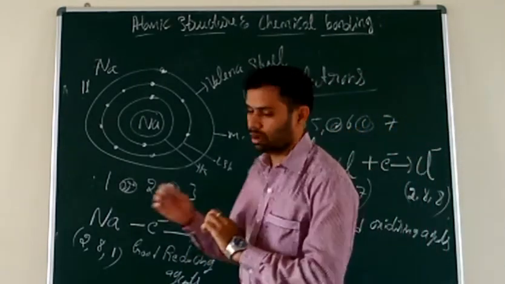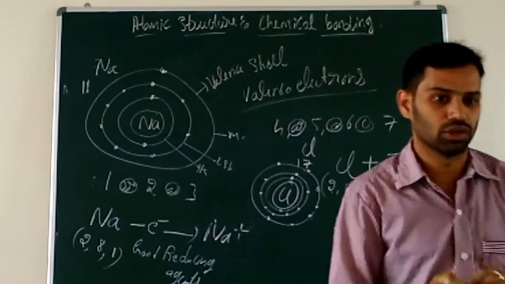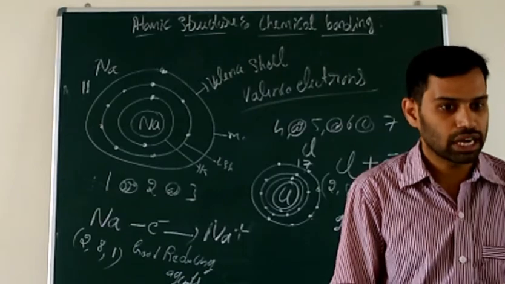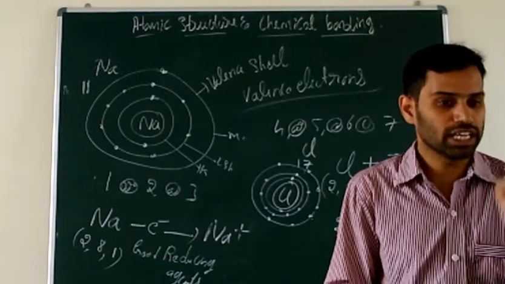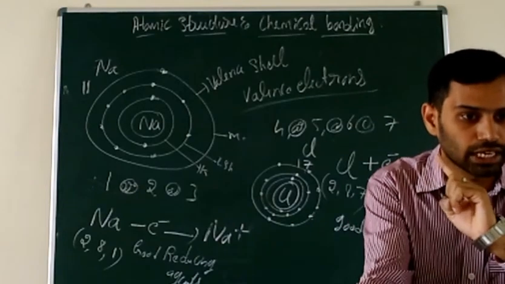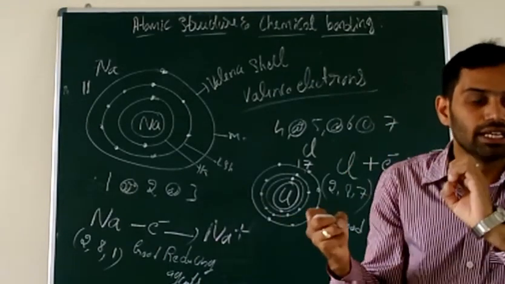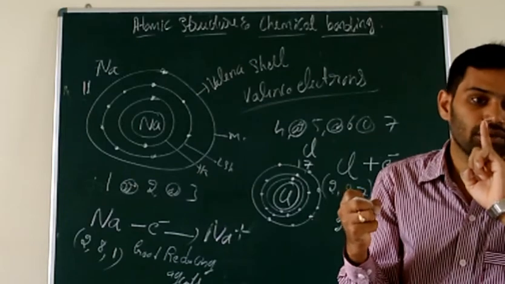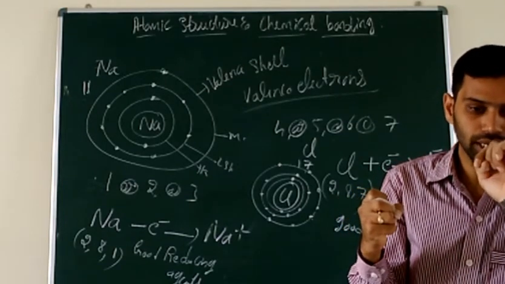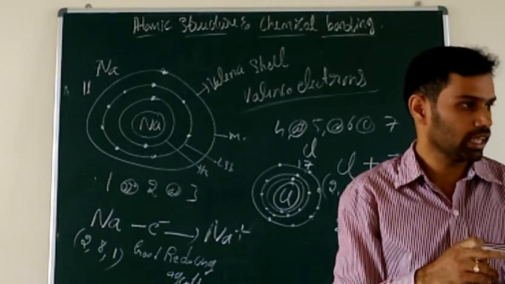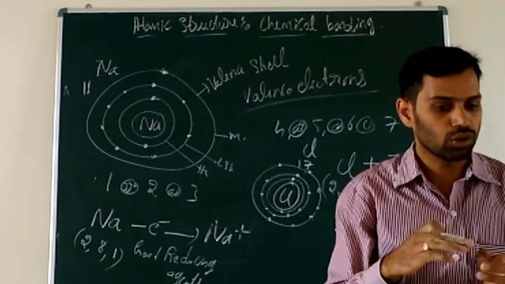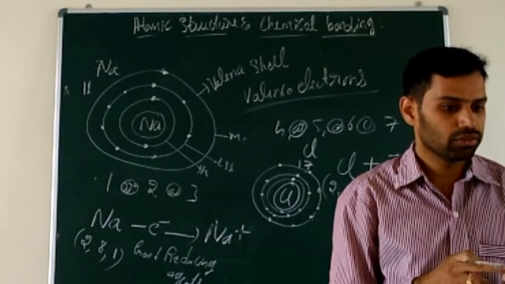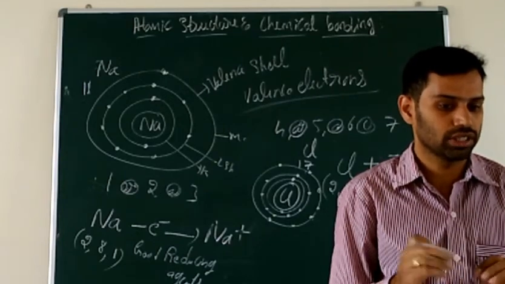So they are going to combine to form the molecule sodium chloride. How is sodium chloride formed? By transfer of electron from sodium to chlorine. Sodium has 1 electron in its outermost shell, so it is going to lose that electron. The lost electron is accepted by the chlorine, which has 7 electrons in the outermost shell. That's why I am telling you the elements which have 1, 2 or 3 electrons in their outermost shell are going to combine with the elements which have 4, 5, 6 or 7 electrons in their outermost shell.